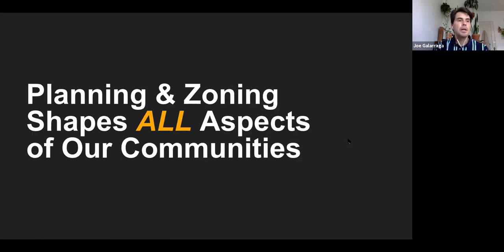And I think that what we're going to talk about now is environmental justice and planning and zoning policies, because planning and zoning, as we can see here, shapes all aspects of our communities. So if we have these policies that shape how our communities, how our environment is run, then you can see how that might affect your environmental justice concerns, right?